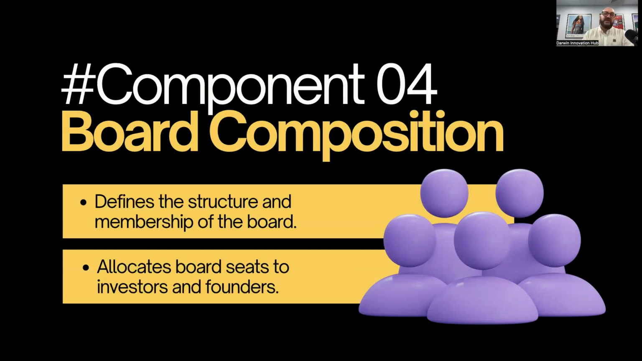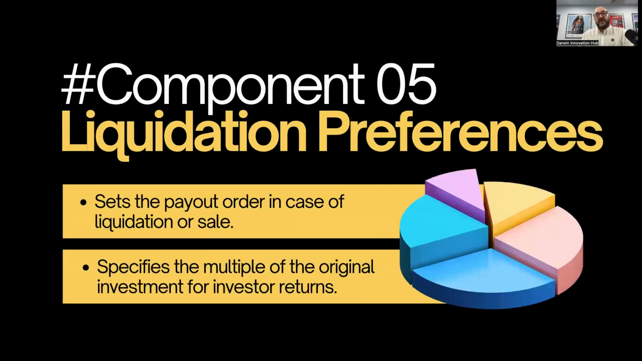You'll have a very clear picture of both sides, what you expect that board to look like. And the fifth one, the liquidation preferences. So this sets the payout order in case of liquidation and sale. So this is where, say, for instance, the company goes up for sale, or it's liquidated, then who gets paid